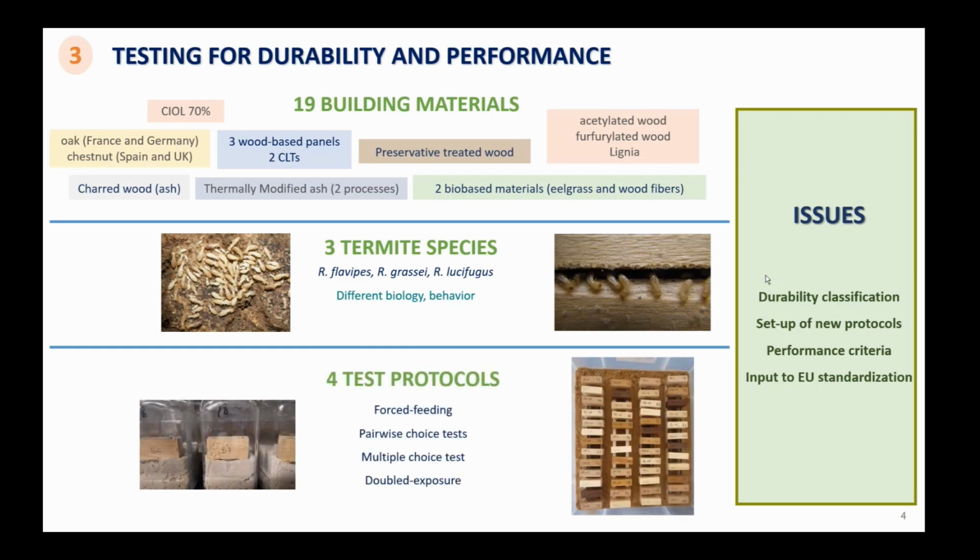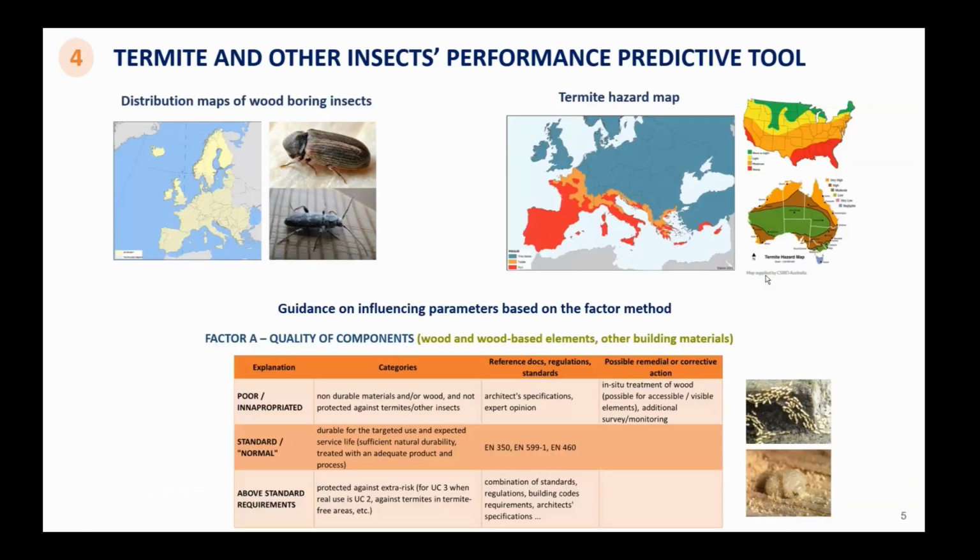Our conclusions are that durability and performance are distinct properties which should be evaluated alongside. The recommendations for end-use applications of wood-based materials, such as indoor or outdoor use, should take into account both their class of durability and their expected performance in real-life situations. Setting up predictive tools for performance requires multidisciplinary approaches.